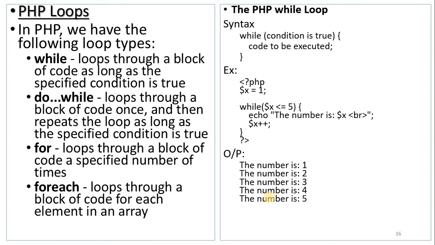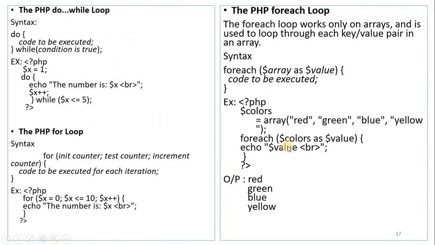Okay, so the first one is while loop. While this condition is true, the code is to be executed. So here see in this example, x is equal to 1, while x is less than or equal to 5. So here the value 1 is less than or equal to 5. So the number is $x. If it is 1, it is printing as 1. Next we are going to increment the value. 2 is less than or equal to 5. So again it satisfies, so it goes on incrementing like that until it comes to 5. 5 is less than or equal to 5, which satisfies. And if it is incremented to 6, 6 is not less than or equal to 5, so it stops the execution. This is while loop.